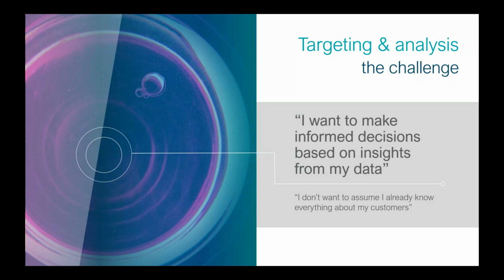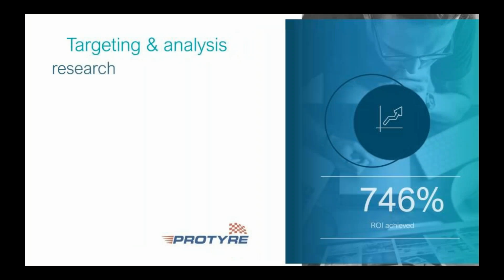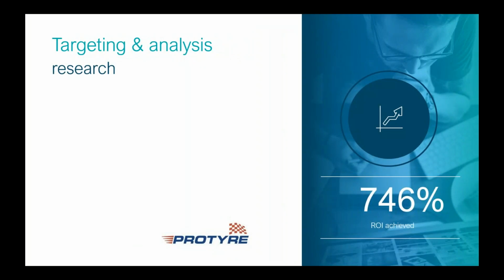And the counterpoint to that, we don't want to assume that we know everything about our customers. Clearly, that's probably an unachievable goal. We will only have an approximation of knowing about each of those customers. So how do we undertake targeting analysis, and why might we do so? Well,